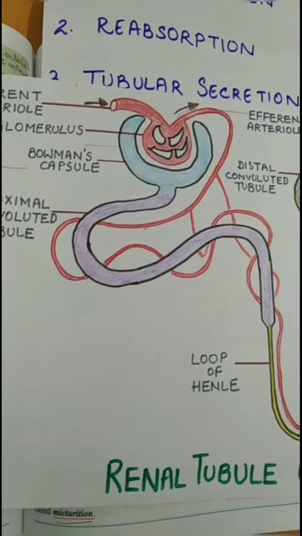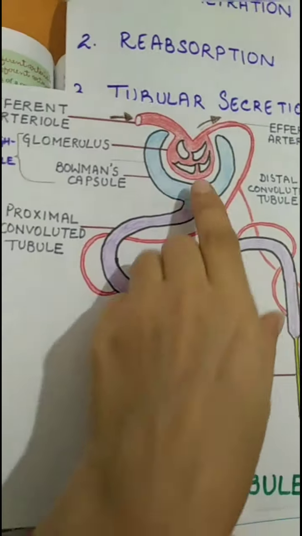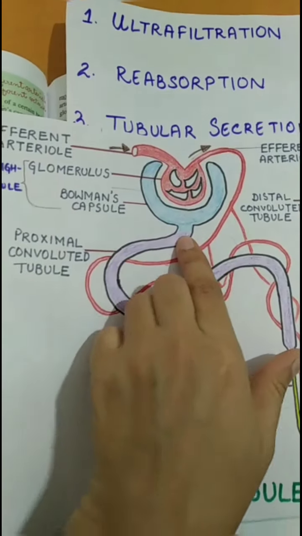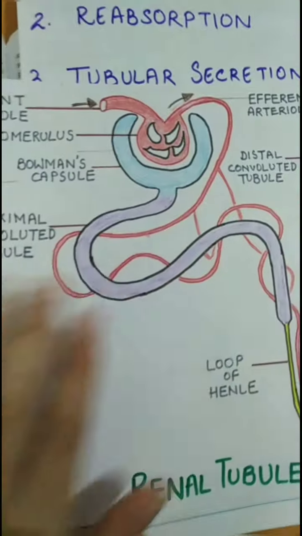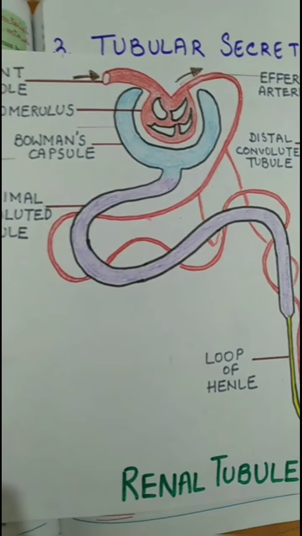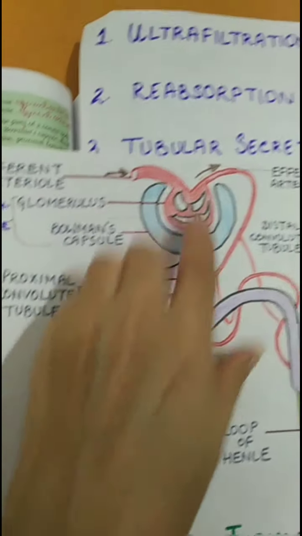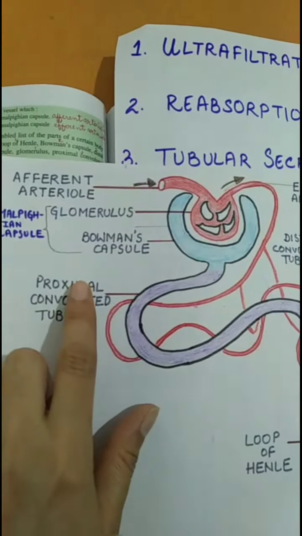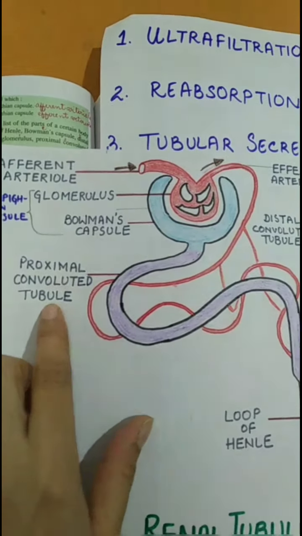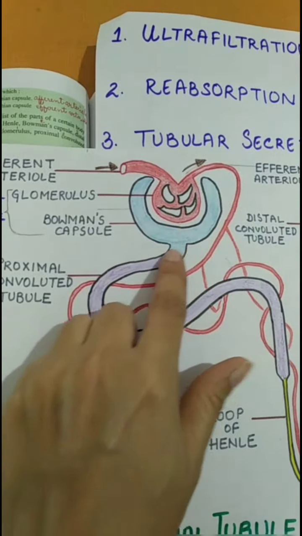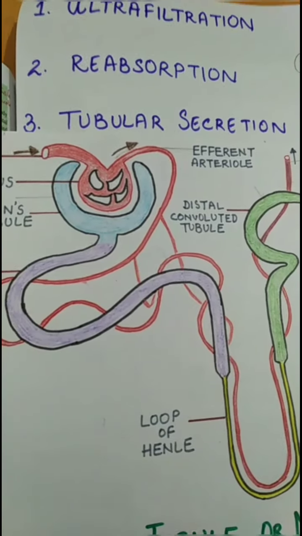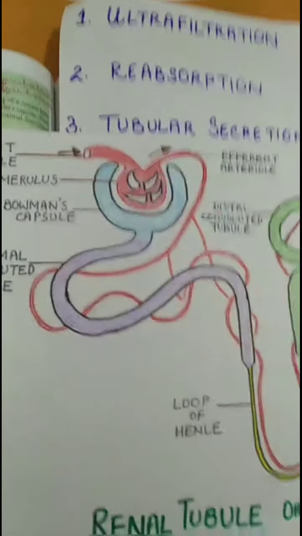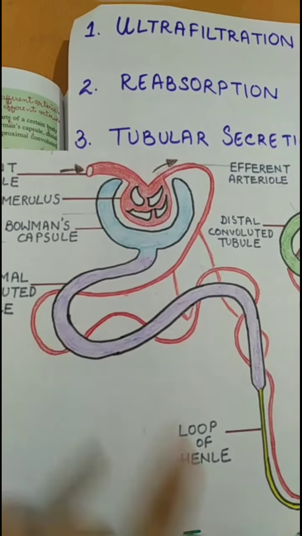After this, everything, this water, urea, salts and glucose, we know all of these things are not exactly waste. All the water that has been filtered out is not a waste. The glucose especially is not a waste. It is needed in the body. So in this part of reabsorption, the proximal convoluted tubule, PCT, basically reabsorbs the water, the salts, glucose, amino acids, etc. into the capillaries.